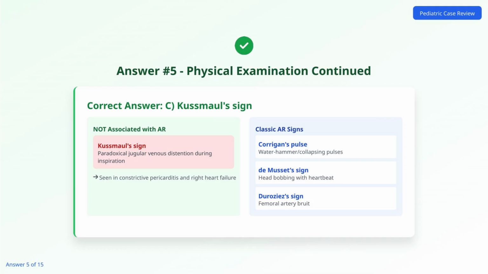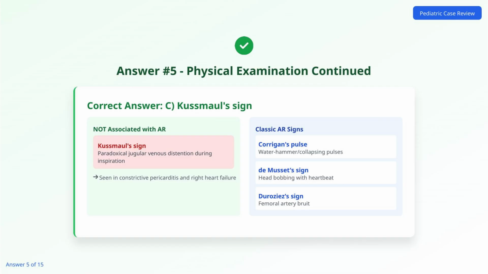Kussmaul's sign, which is paradoxical jugular venous distension during inspiration, is associated with constrictive pericarditis and right heart failure, not aortic regurgitation. The classic signs of aortic regurgitation include Corrigan's pulse, which are water hammer or collapsing pulses, de Musset's sign, characterized by head bobbing with each heartbeat, and Duroziez's sign, which is a to and fro murmur heard over